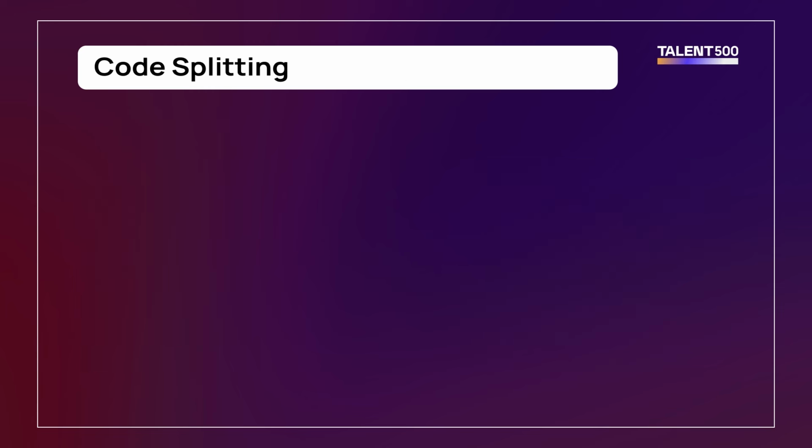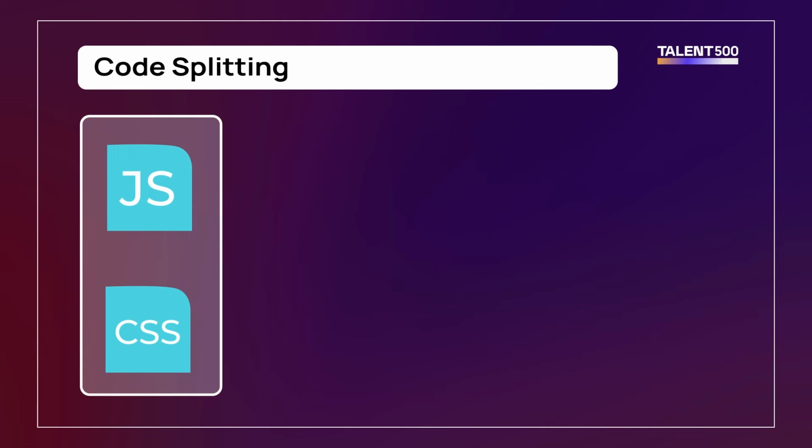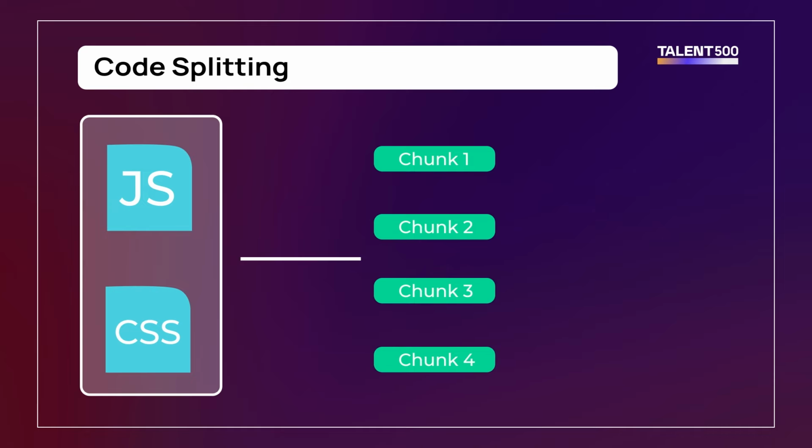What code splitting does underneath is create different kinds of chunks, logical chunks from all the JavaScript and CSS files that you write and give as input to your bundler. The bundler, for example Webpack, Parcel, or any other, can help you create these chunks based on certain logic that you decide, like how the chunks should be created.